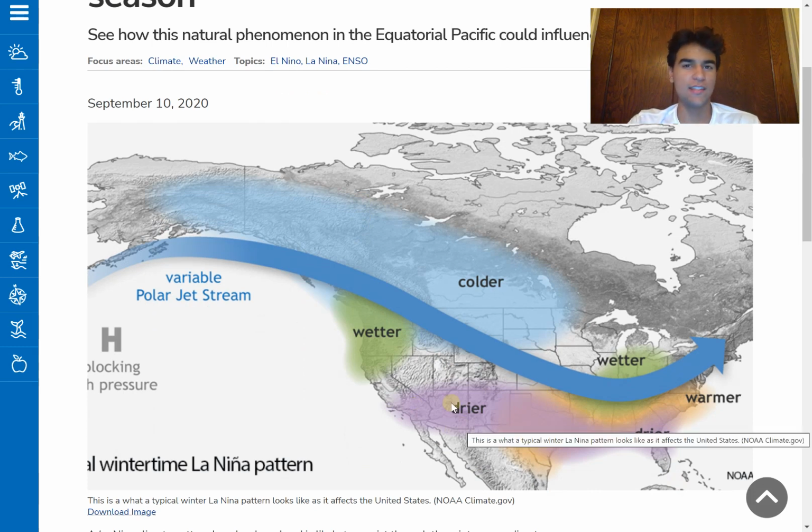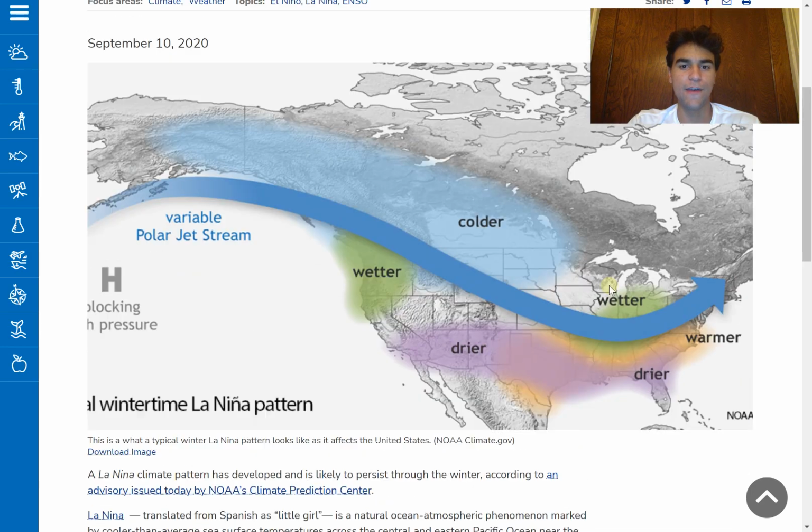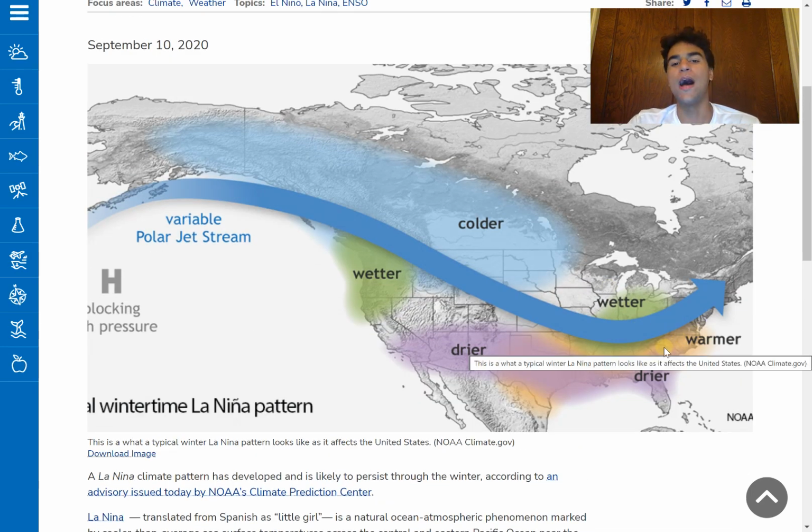So of course, the chance that you'll receive as many snowstorms this year is definitely reduced in the southern United States, thanks to the fact that it's simply warmer and drier than average. And also there's another data point that I'm about to show you right now, which will pretty much discourage snowstorms even more from happening in the southern United States.